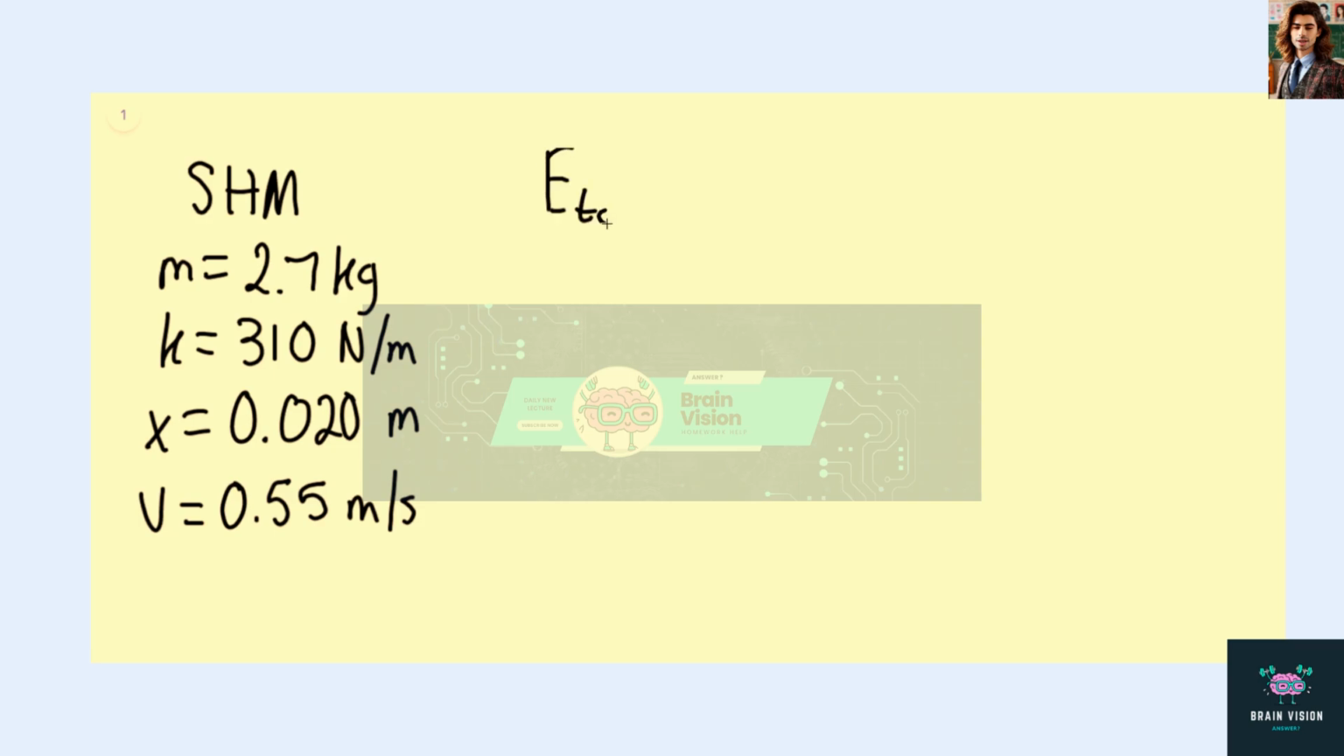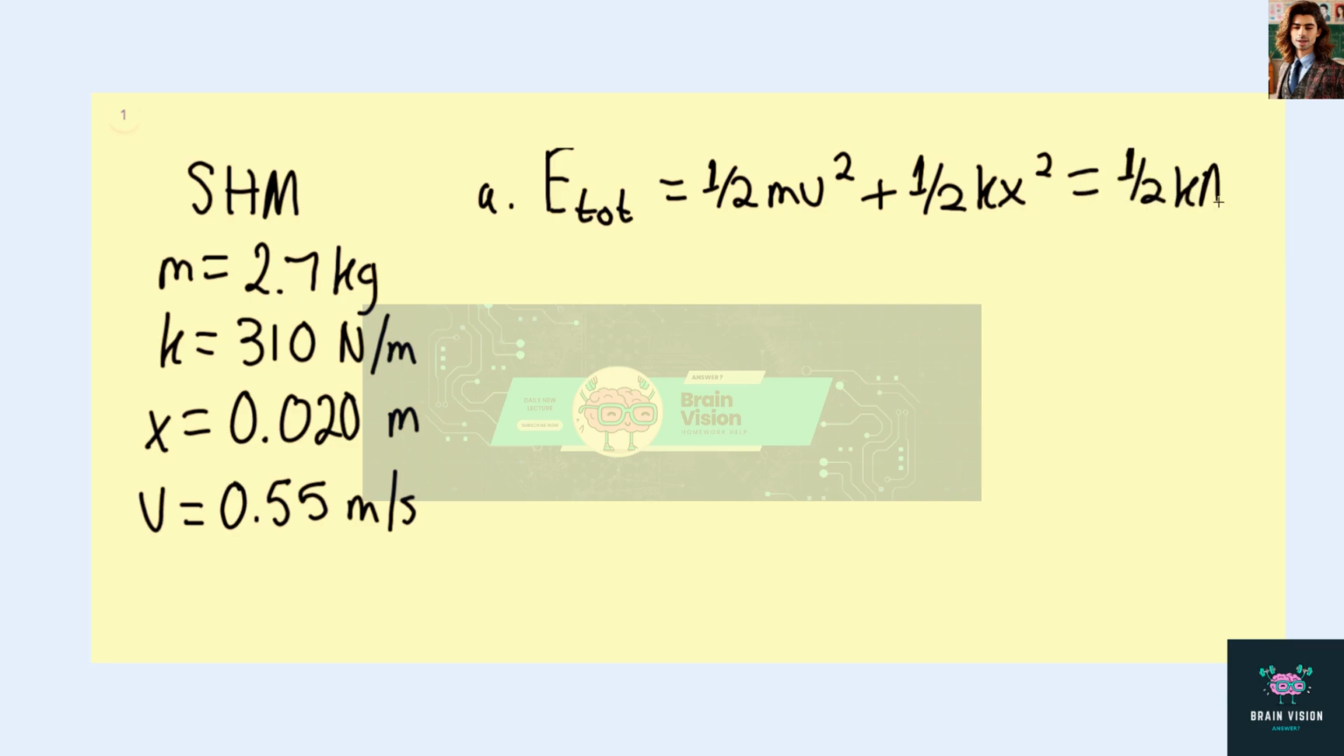So for part A, the total energy equals 1/2 mv squared, the kinetic energy, plus 1/2 kx squared, the potential energy, and this is equal to 1/2 k A squared. This is an instant, essentially. When the spring is compressed 0.020 meters, the mass is going 0.55 meters per second, and this all equals the maximum potential energy of a spring, which is 1/2 times the spring constant times the maximum amplitude squared. So we can say that the amplitude is equal